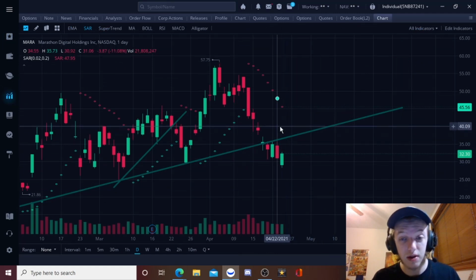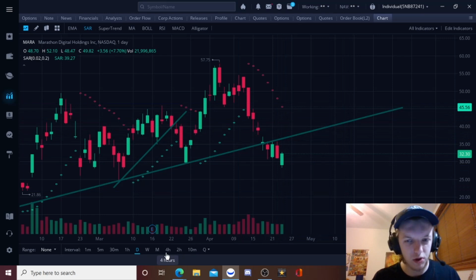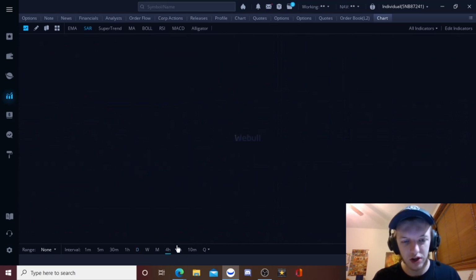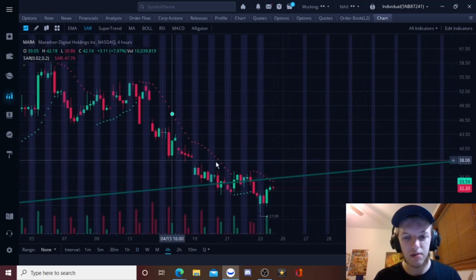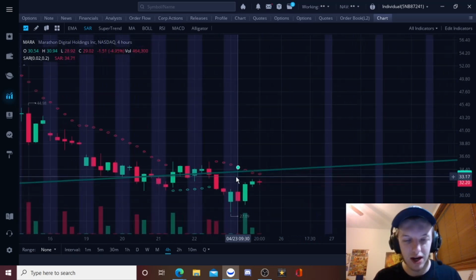You will see on the daily, there's no indication for a buy signal. But you're wondering, wait a second, are we pushing right now? Aren't the bulls pushing like crazy right now? Well, they are, but the 4-hourly is what you want to look for to factor in that after hours